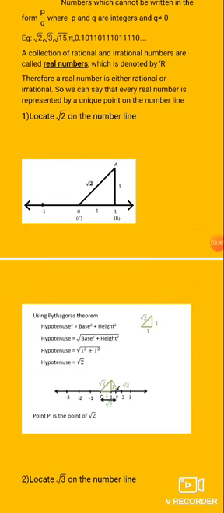The square root of 1 square plus 1 square is equal to what? Root 2. Now listen carefully. We need to locate root 2 on the number line. For that, OA is equal to what now? Root 2. So take that radius. Keep the needle end at the origin O and take the radius OA. After that, draw one arc, keeping the needle end at the point O.